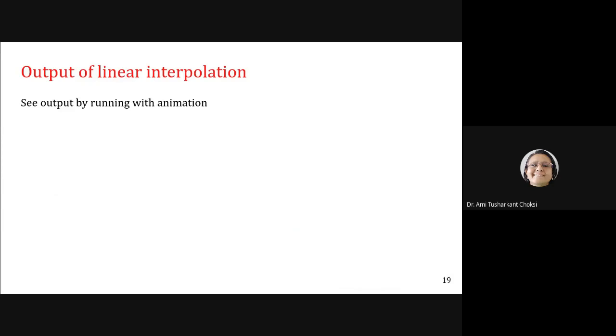So output of interpolation, that is linear interpolation, we have just seen. Fine.